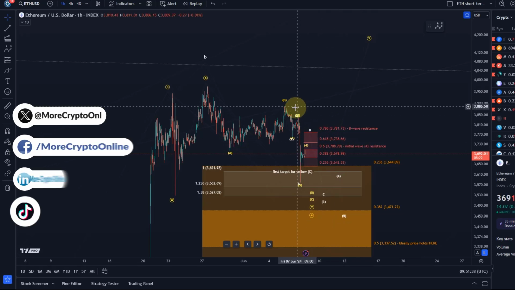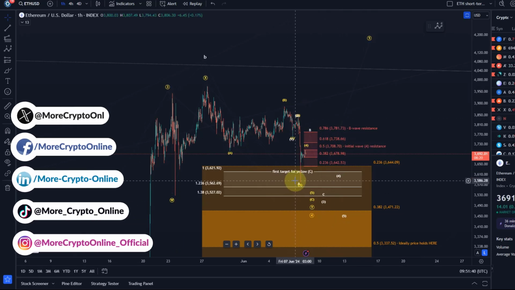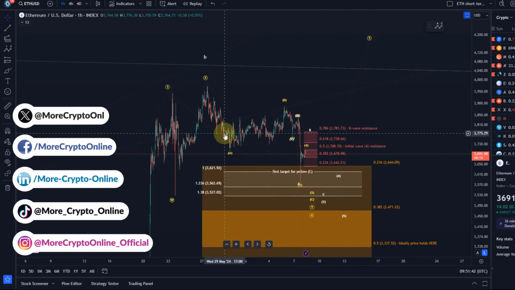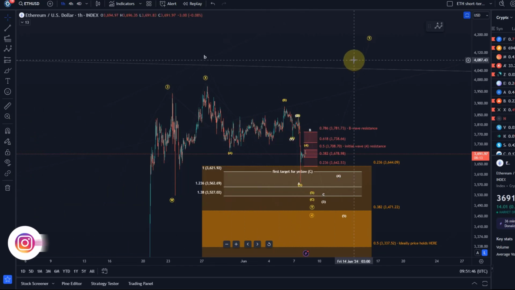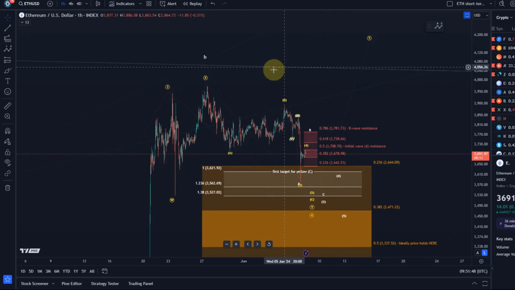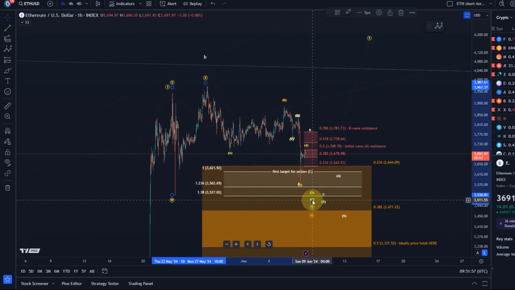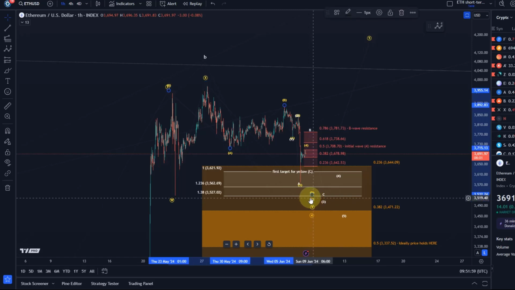Ether dipped into the lower support area yesterday. We talked about it already in the last video that the direct breakout scenario, the triangle I was tracking as another potential, the market ruled that out, okay? However, the target area for this yellow C wave to the downside that we talked about already, I think in the first video yesterday, was reached here.